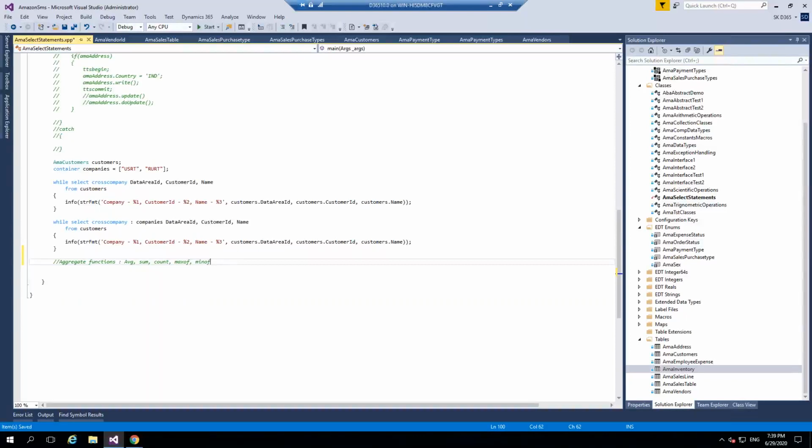Using the aggregate sum functions is very simple here. For example, let's take, I want to get the total number of records. Let us try getting it. I will say select count of rec id from customers. Okay, this is the first thing that I will do, and I will say info and then strfmt and then